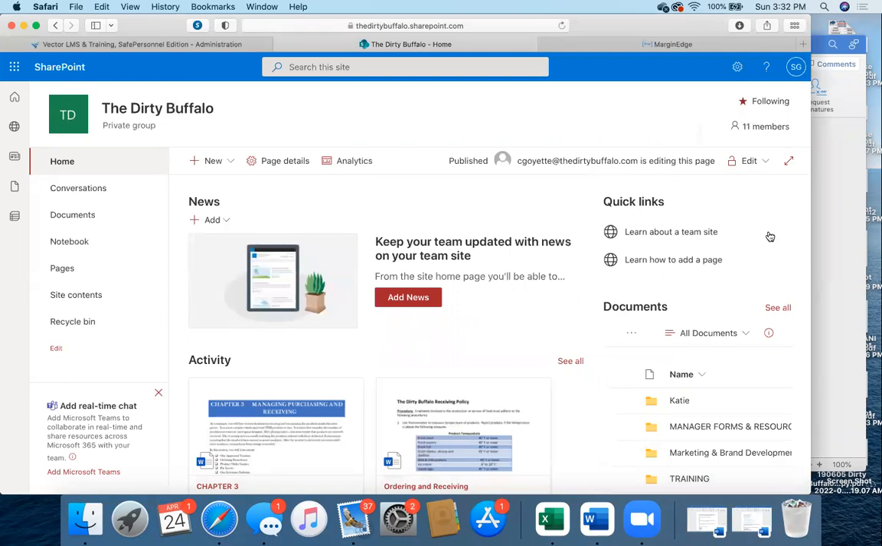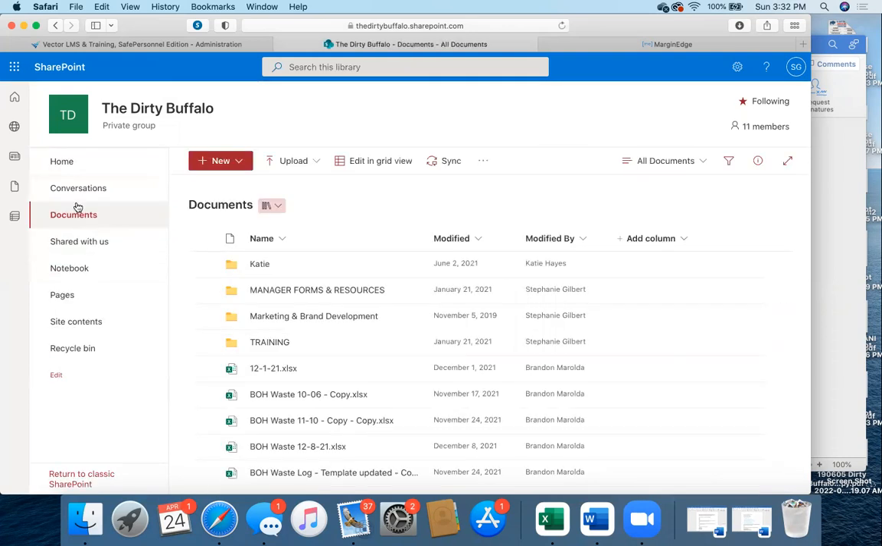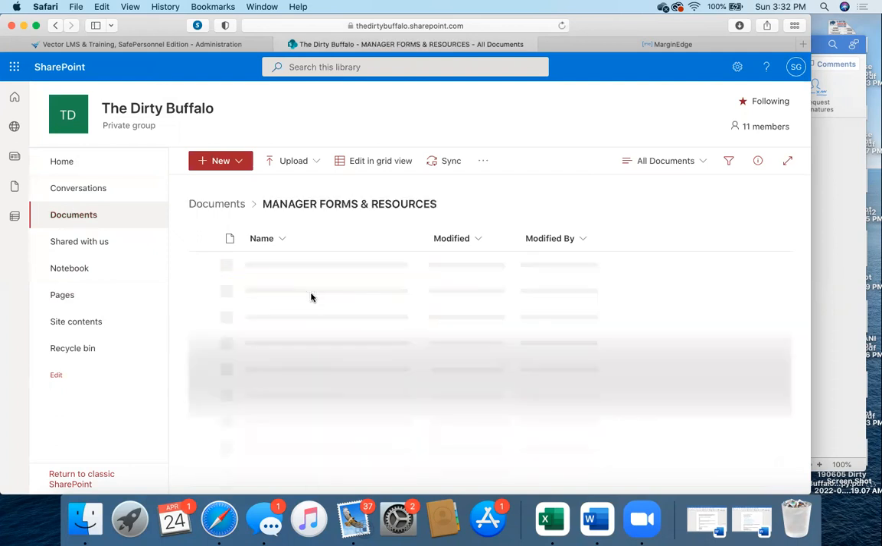So anytime you're going to place an order for any product, you need to know two things. You need to know what product or item you're going to order, and then how much you have on hand. So every department should be equipped with par sheets and order guides. If you find that you're not able to find these at your store, you can find some templates here on SharePoint in the Documents folder under Manager Forms and Resources,